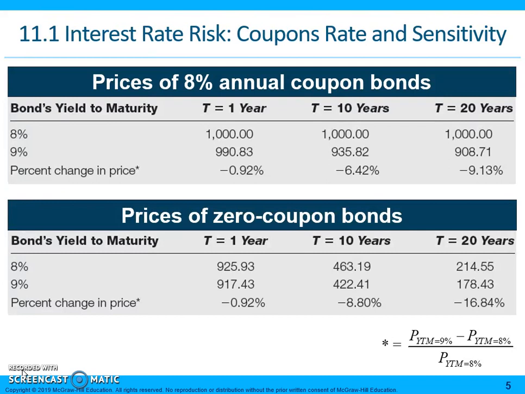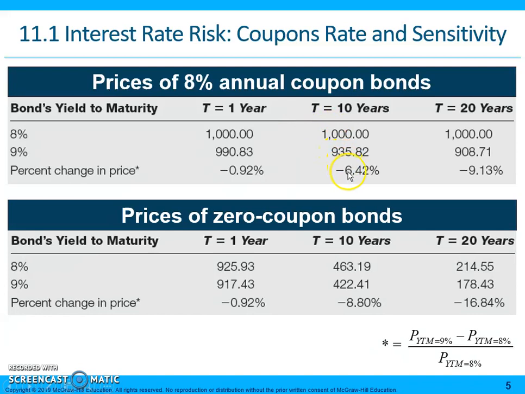Table 11.1 shows interest rate risk, coupon rate and sensitivity. On top, we've got an 8% annual coupon bond, and on the bottom, zero coupon bonds, with 1, 10, and 20 years. Note that for the 8% coupon bond and the zero coupon bond, the price change is identical. They're affected at the same rate as interest rates go from 8% to 9%. The decline in price is identical, 0.92%, because there's only one cash flow remaining for both bonds. So you would expect that. But when we go to 10 years,